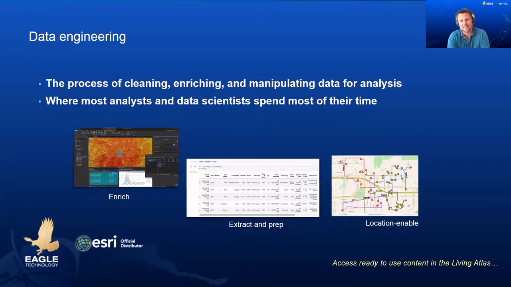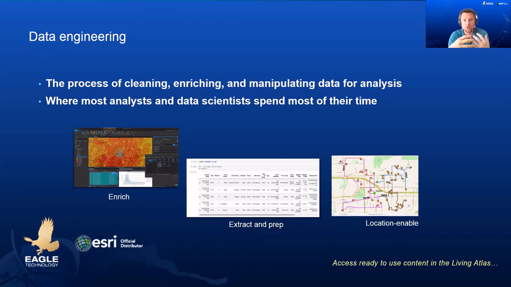And before we do any data engineering, we have to ask ourselves, what is our analysis question? And then what data do we need for that? And also what data do we have available to us? And for that, there are different sources available. It can be data that's available in ArcGIS Living Atlas, like demographic data, boundaries, satellite imagery data. And there are also many other sources you can get data from, things like LINZ or NIWA, or data that you've collected yourself. Also, the internet is a great source of data as well.